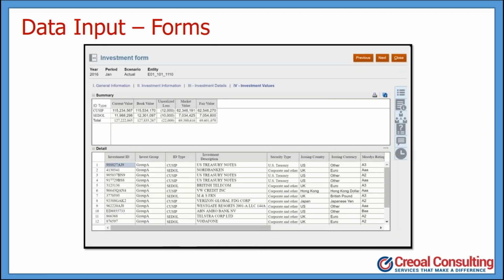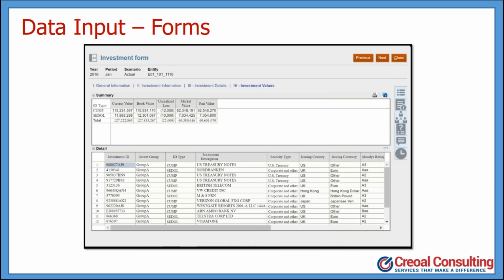In another example, we have our investment form where, again, you have investment detail that needs to be recorded and captured both for your close and your consolidation, and you need to capture it in multiple currencies. Those investments may have been made abroad and require capturing the local currency. Again, FCCS will handle all of that information and capture it properly, and then apply the appropriate conversion.